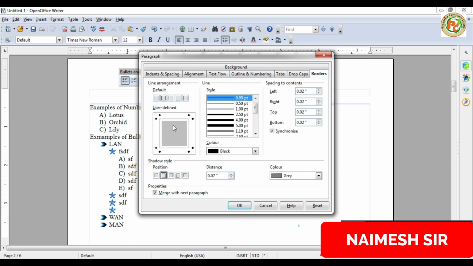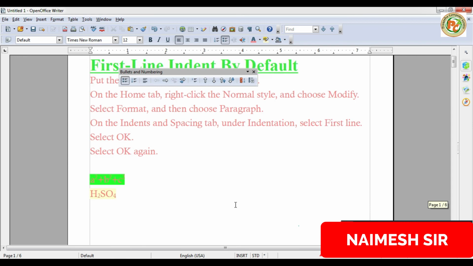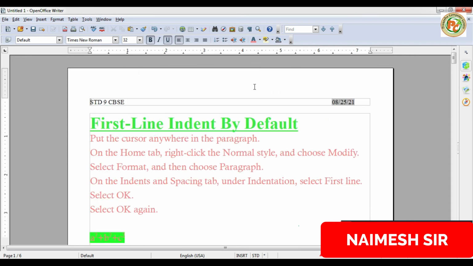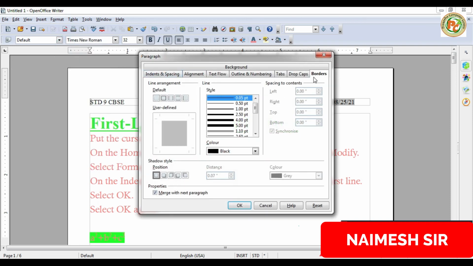Set the position, its height or style, and you can specify the color and click OK. You can see whatever we have selected is assigned the border. Like on this we want to add a border, so again go to Format, Paragraph, click on Border, select the specific border and its color, and then click OK.